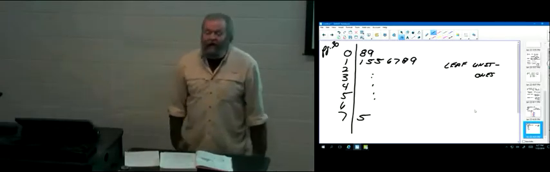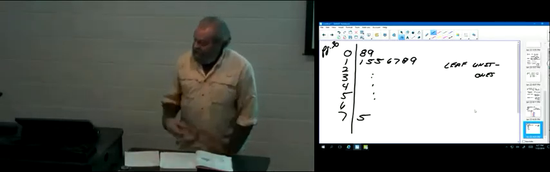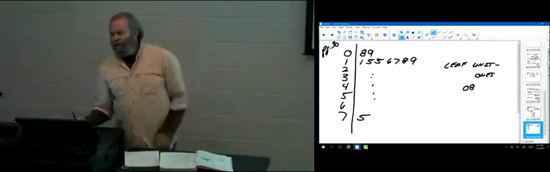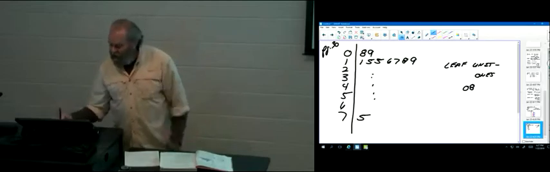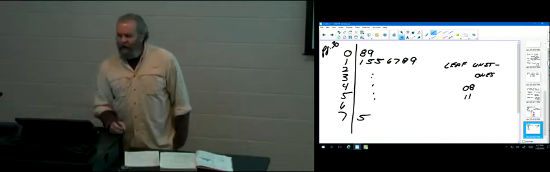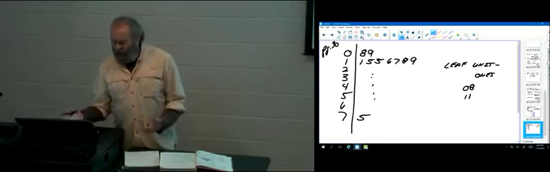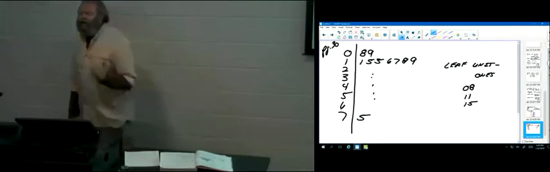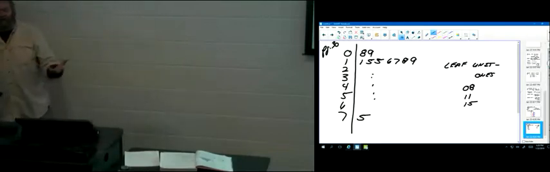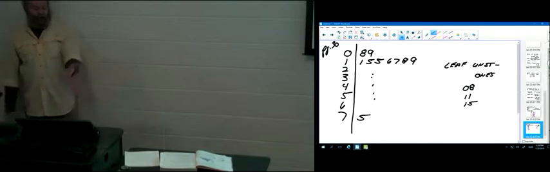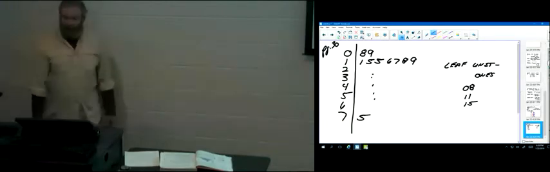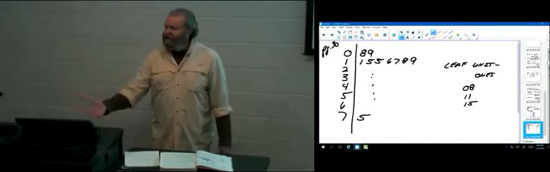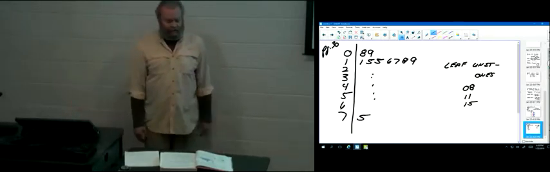Why do I care about that? I can recover the actual data. Can everybody see that? Oh, somebody must have had 0.8, right? So somebody had 8%. I don't know what state it is, but I know that value. Can you see that somebody had an 11, right? Because that 1 goes in the ones position. I also see that somebody had a 15. I don't know the actual state. I know the actual value. What's the advantage of a stem plot over a histogram? With the stem plot, you have the data. You didn't lose it. Right? I know there was a 15. I know there's 2 15s. A 16, a 17, an 18, a 19, a 75. I've got all the data there. Now,